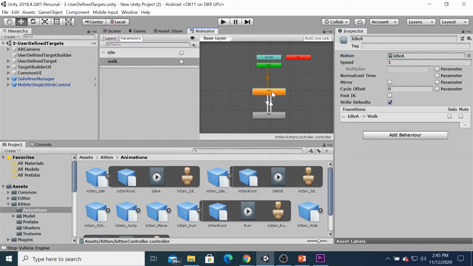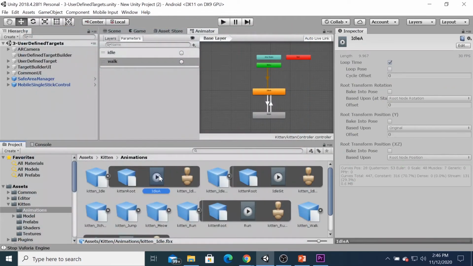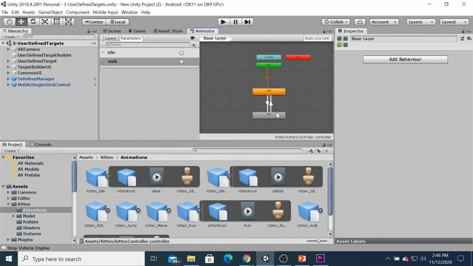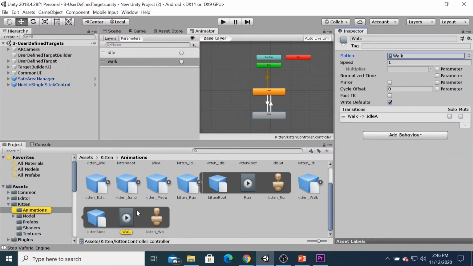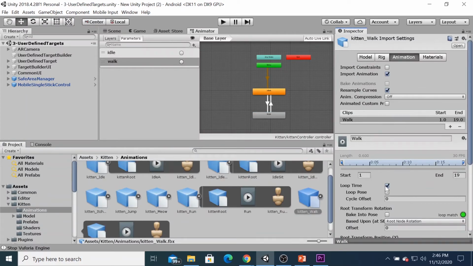Click the idle in the animator so you can see the animation. Click the idle, and then you can click the edit here. Make sure the loop time is ticked. Okay, this is done for walk too. Edit, loop time tick.